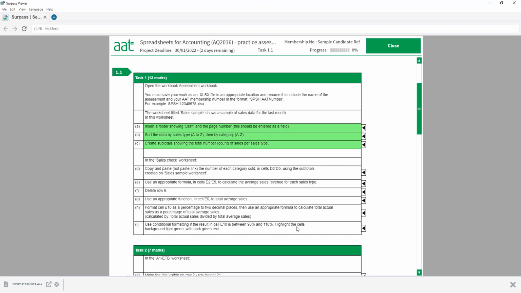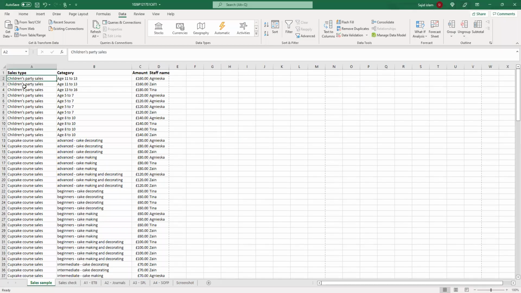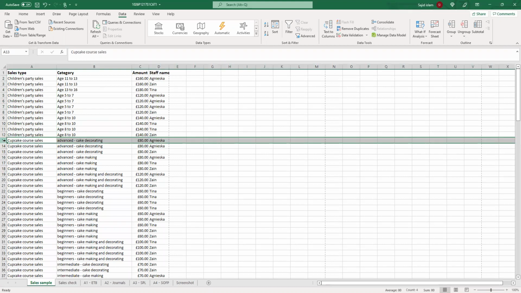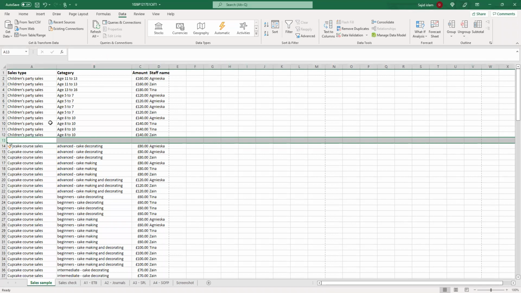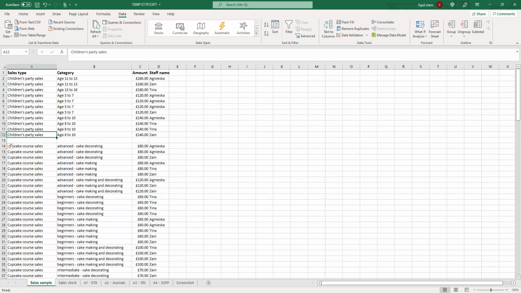So we said, okay, we'll go back. And we can see we have a children party cells. We have a cupcake course cell. We have a different type of cells. So we need to know how many types we have. So you can see up to here, up to 12, we have children party cells. So we make a new row just to make one line to say this is basically children party cells, and